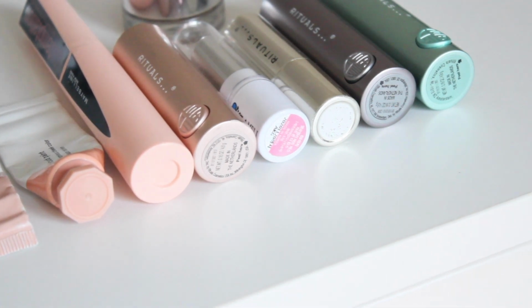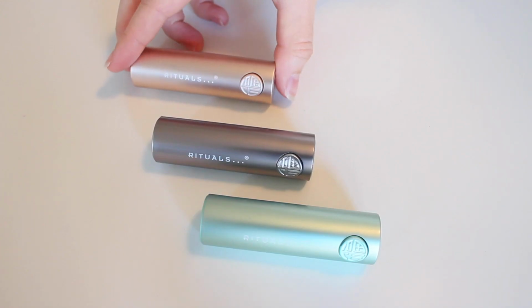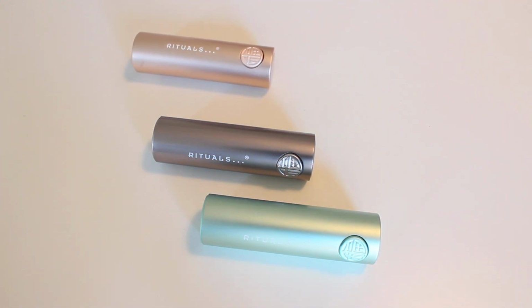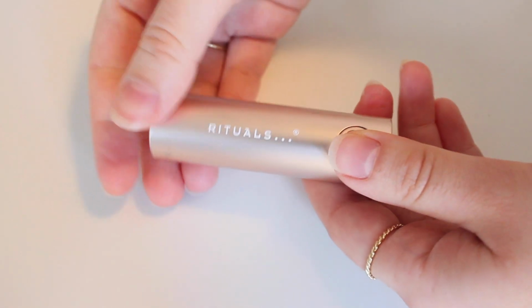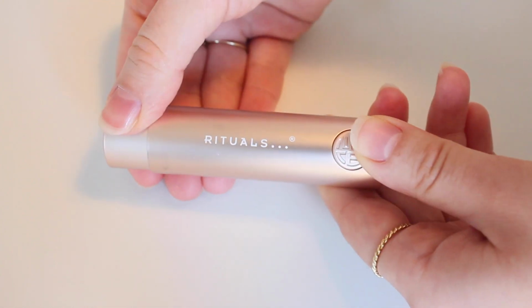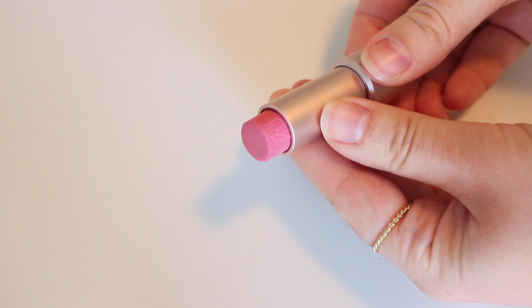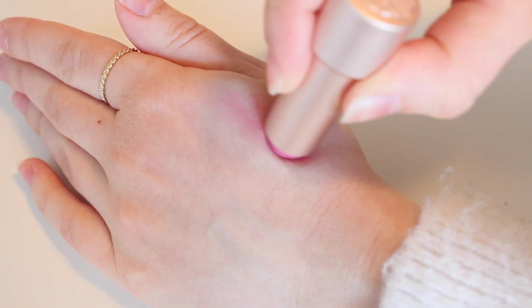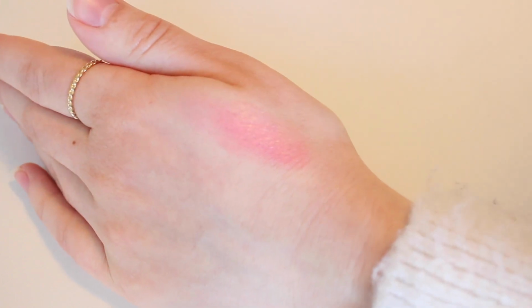I have a few of them. First, I always put lip balm or chapstick. The ones that I have are by the brand Rituals. I have the regular moisturizing one and I also have the SPF 31. I also bought this one that I actually use as a regular lipstick, but it's also a chapstick, and it's in the shade Nude and it's very pinky. It's actually brighter than what I thought, but I think it's very nice and it goes super nicely with the